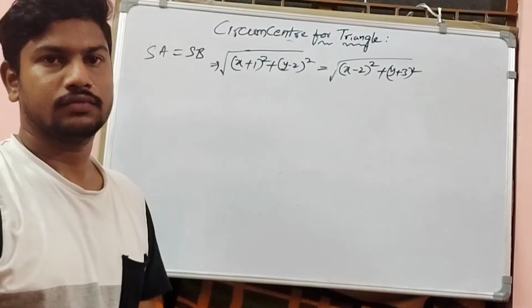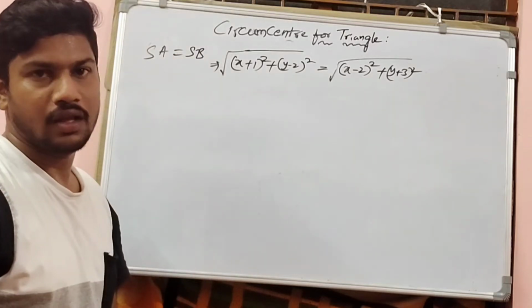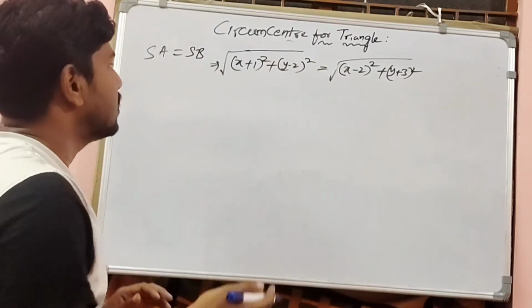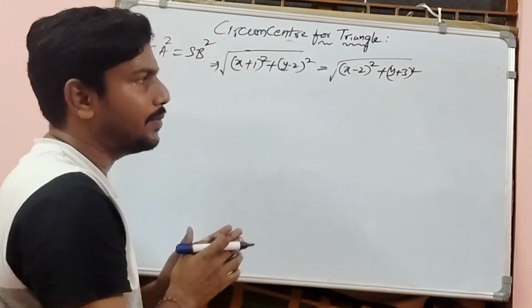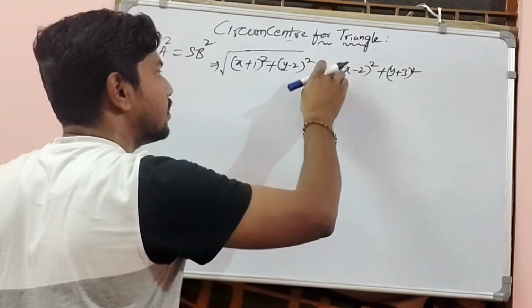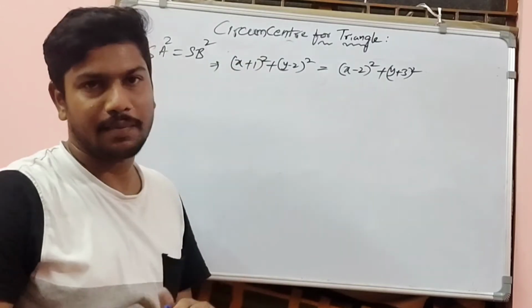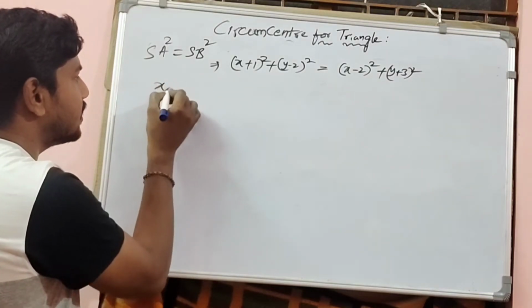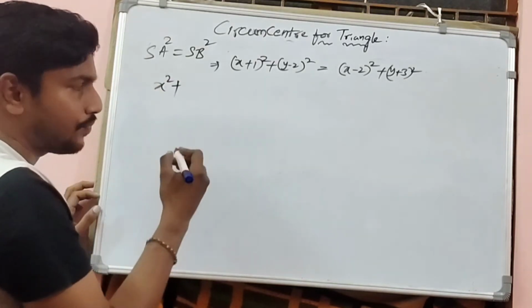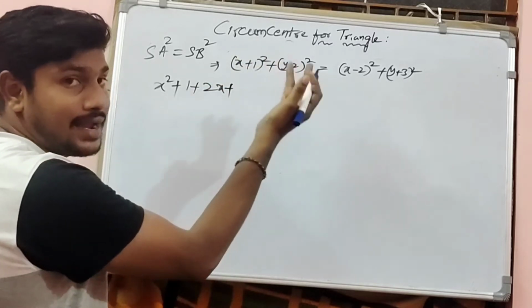Okay, I am taking the first condition, SA = SB. We know the distance formulas. Squaring on both sides, the square root will be eliminated. So I am eliminating the square root, and we need to simplify using the expansion of (a + b) whole square. Okay, let us expand this one. If you expand, x square plus 1 plus 2x, and so on, and in the minus terms we have the other part.